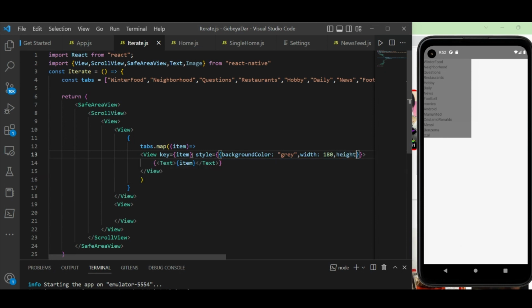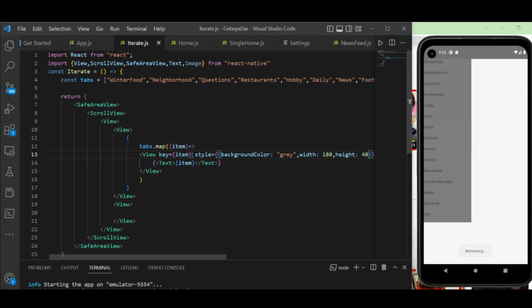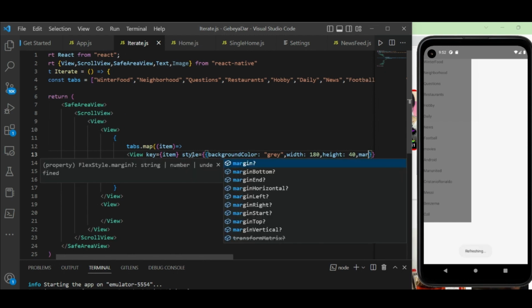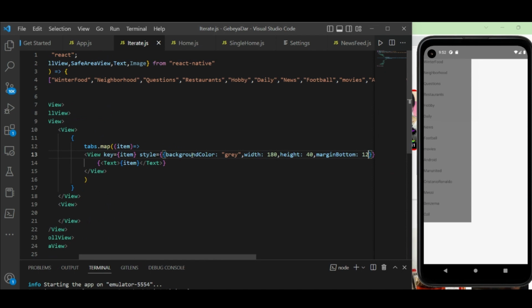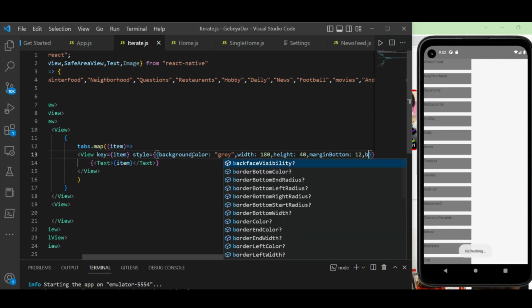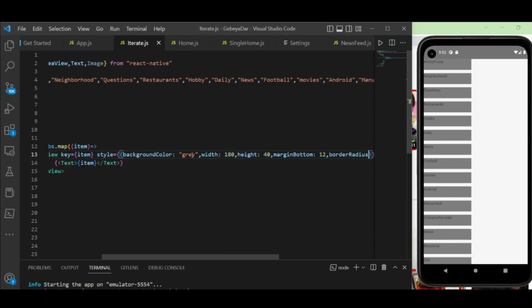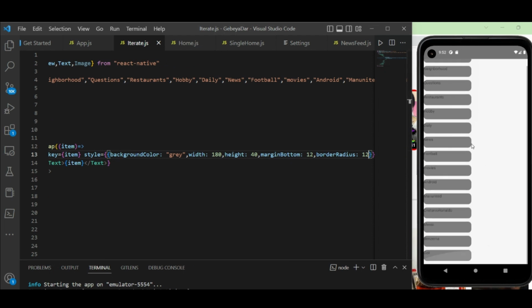And then height, let the height be 40. And then let's do margin bottom. Let margin bottom be 12. And let's do border radius. Let it be 12. Now as you can see, they are displayed in a little bit better way,